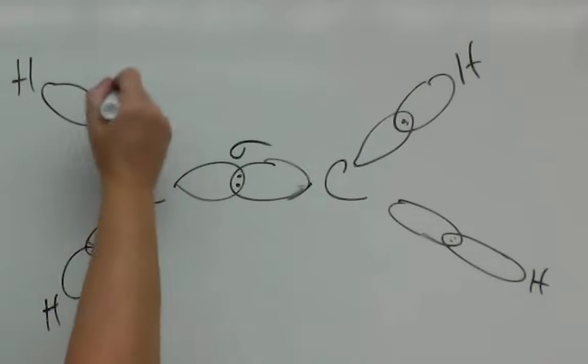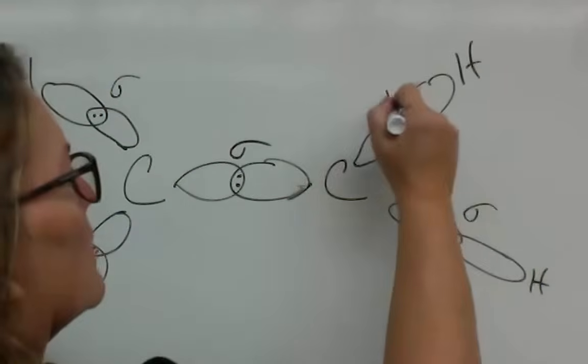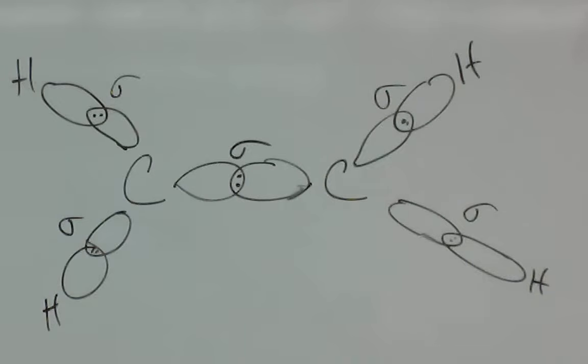Labeling all these bonds. Remember, the first bond any two atoms always make is a sigma bond. So the next thing we're going to do is put in our pi bond, and I'm going to show you this with a different color. Keep in mind,